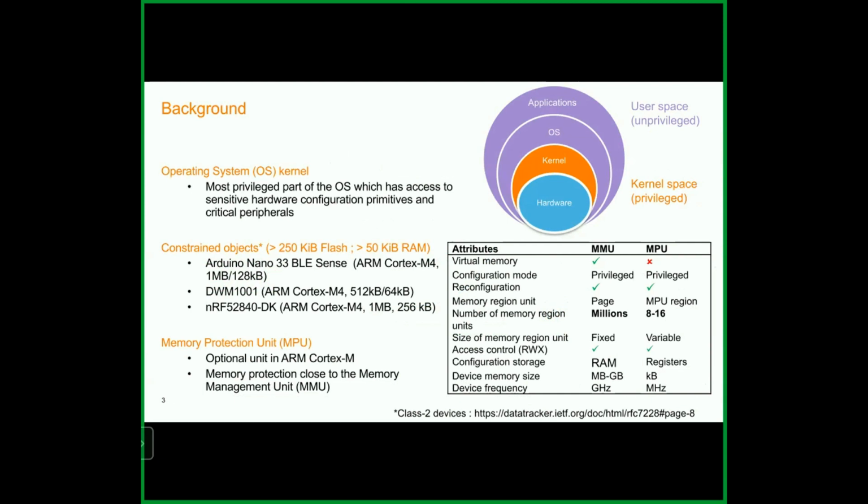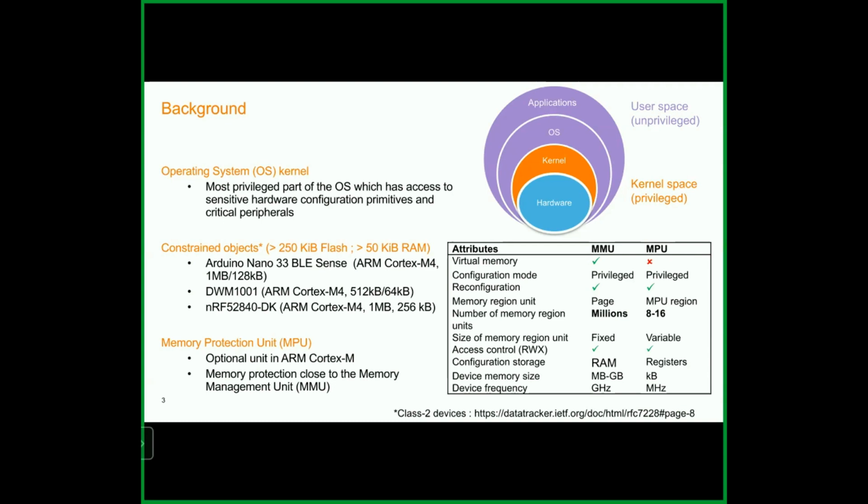And we will define the kernel as the software layer that is the most privileged in a system, so that runs in kernel space, compared to the rest of the OS that could be like file systems that doesn't need this level of privilege, and that is rejected in the user space. So everything else, including applications, are unprivileged. And so typically in a small computer systems, you only have two levels: one privileged kernel space and one unprivileged